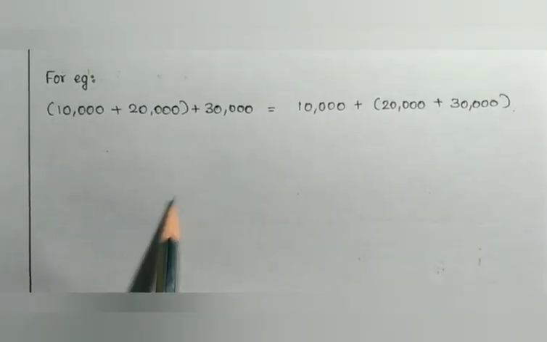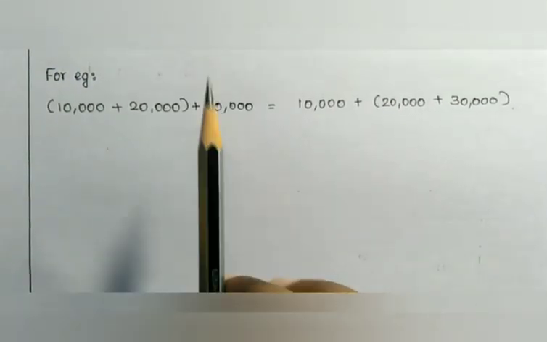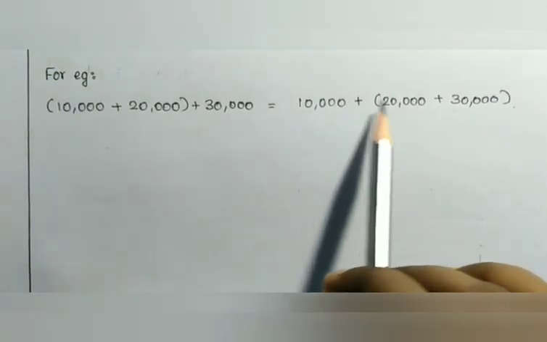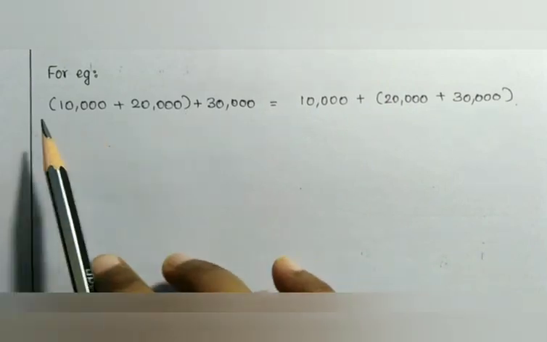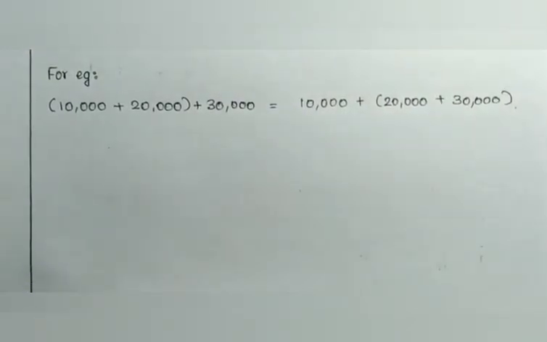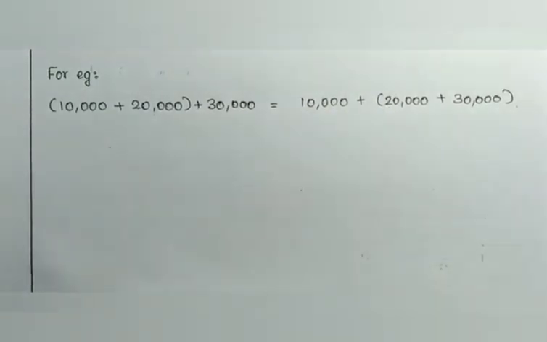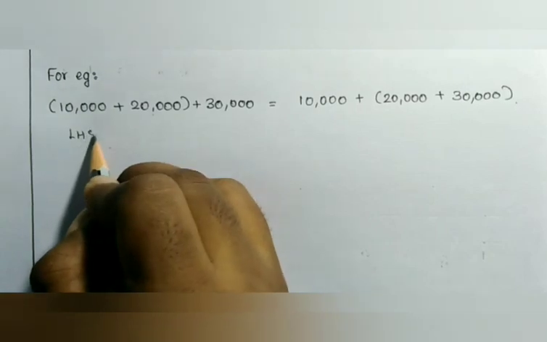Look at the example. Here we have three numbers which are getting added, and again on the right hand side also we have these same three numbers, but the brackets are positioned in different places. Now let's divide the sum into left hand side and right hand side. Okay, so left hand side we have the sum